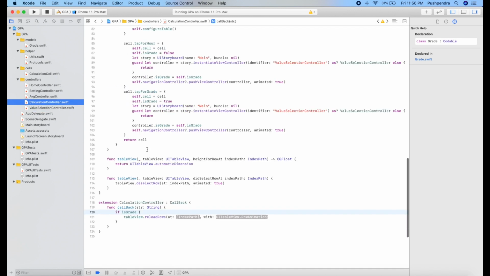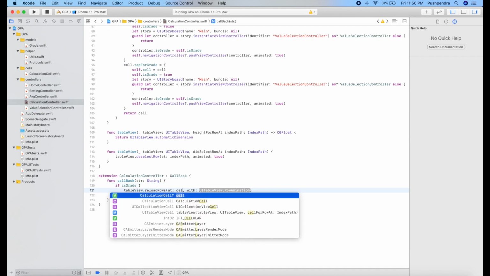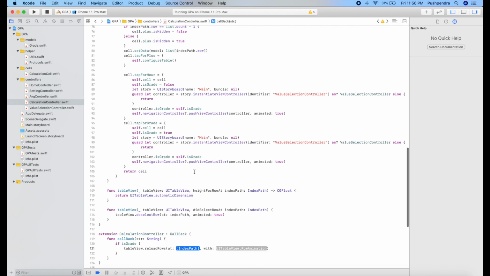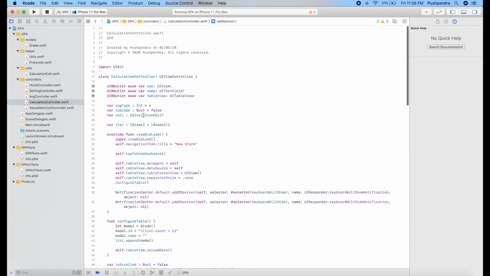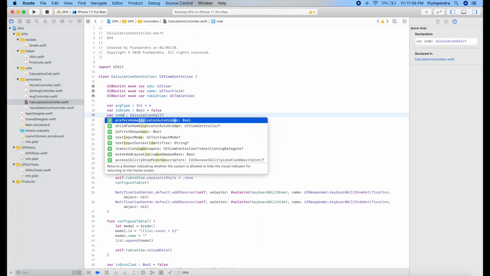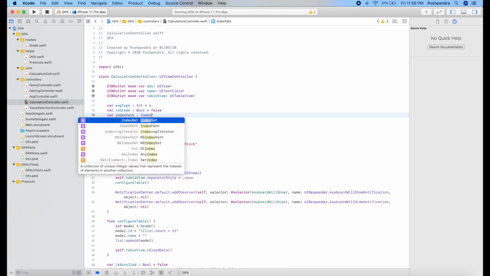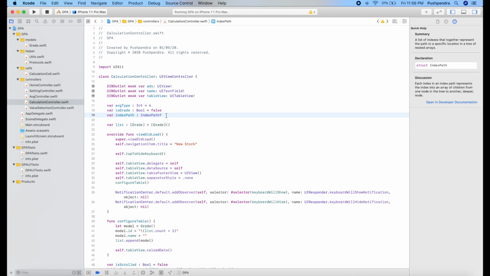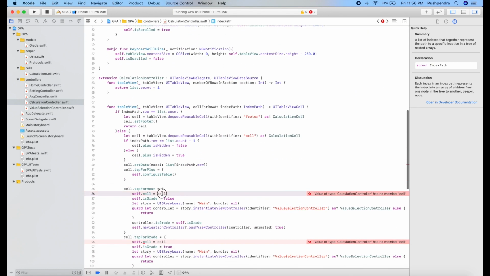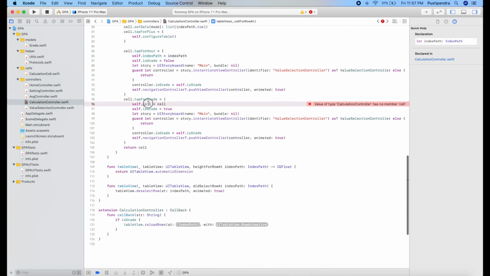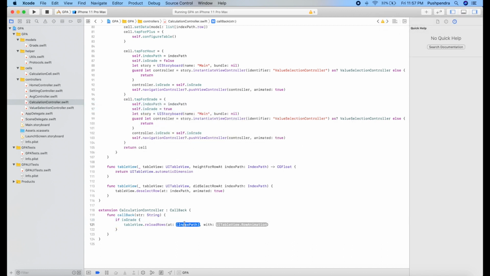Now go back to your calculation controller, and here take cell dot index. Oh, index is not here, so directly we will remove cell and we will replace this with index path. And now we will go to table. Here also we will change index path equals index path, and same for grade button.